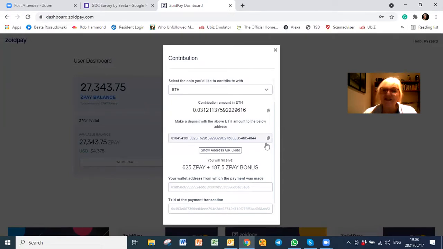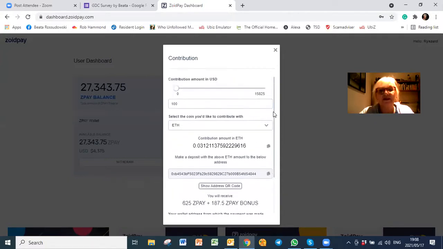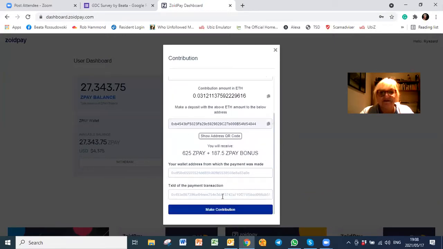Don't stress about it. Go back to the contribution. By then, you should have the confirmation of your transaction done, and therefore you can just fill in the gaps. So for argument's sake, if you were buying $100, you would still be putting $100 here, because the moment you put in the transaction detail, which is the TXID, it's nothing else but the transaction details, the address of the transaction